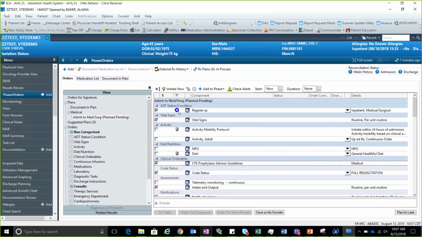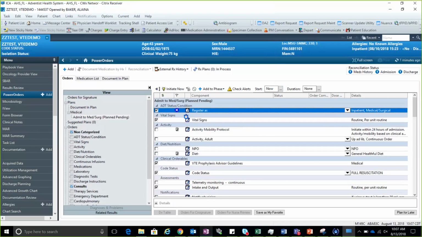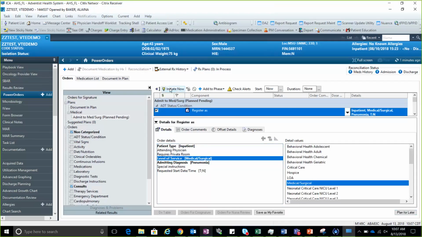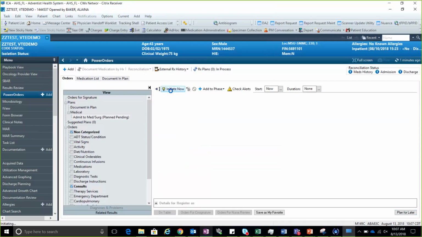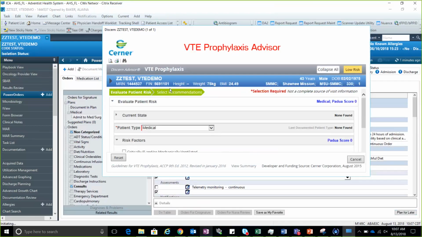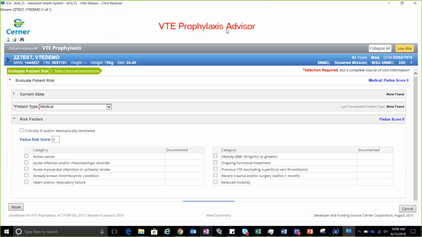So if there are any details that I still need to complete in here, I can do that as well. So admitting diagnosis, pneumonia in there, and then that's everything, and I'm going to go ahead and initiate the power plan. As soon as I initiate it, the VTE Advisor pops up. If I double click up here at the top, it will expand for you to be able to see everything